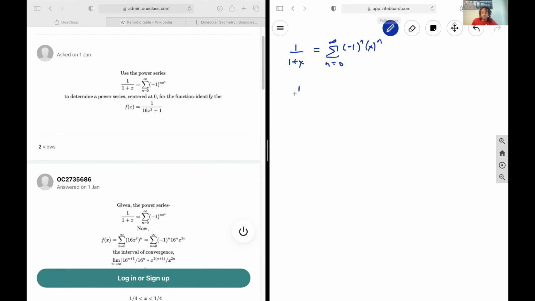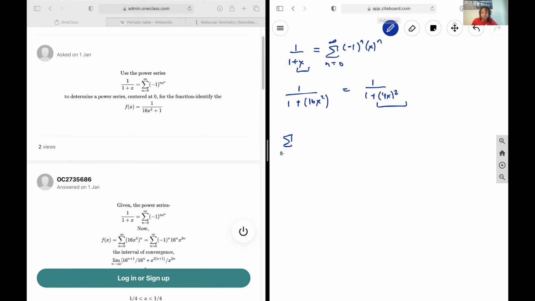And so that means that when we have 1 over 1 plus 16x squared, what we're going to do instead, you can decide to rewrite this as 1 plus 4x squared squared. It's basically the same thing. What we're going to do is put in this 4x squared in the place of x in this summation. So it's going to become